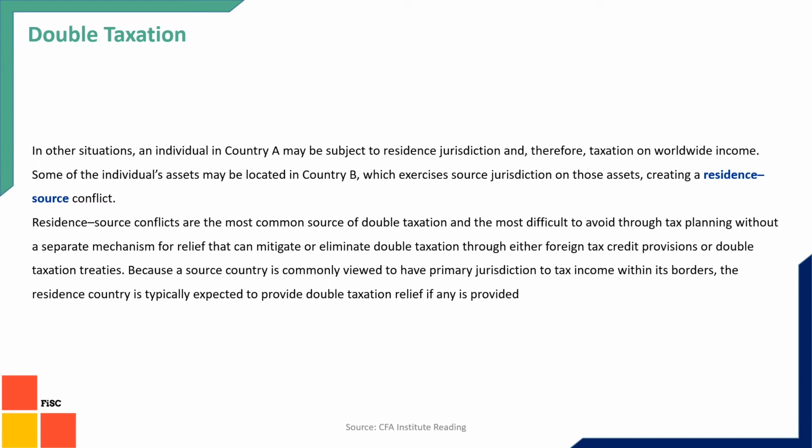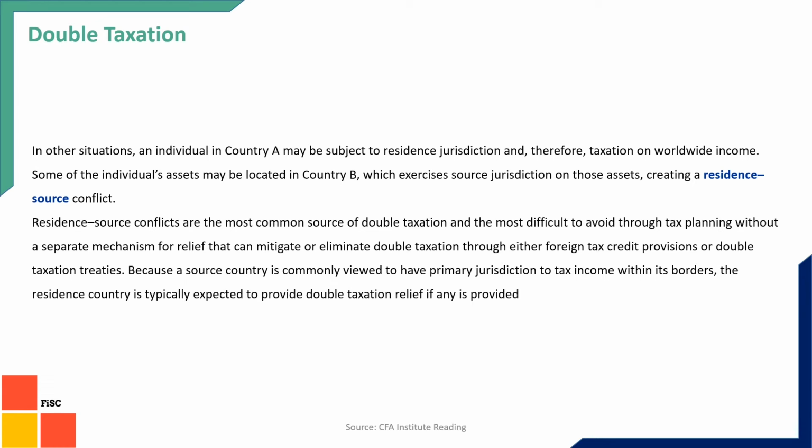The third one is residence source conflict, which is most predominant in this world, where the country where you are living and earning money is considering source taxation. So they are charging money based on your earning from that country. But the country in which you are the resident has residence based jurisdiction, where they are charging based on your income no matter from where you are earning it. So on the same income you have to pay two taxes. One is based on source jurisdiction, the other based on residence jurisdiction, and that's why it is called residence source